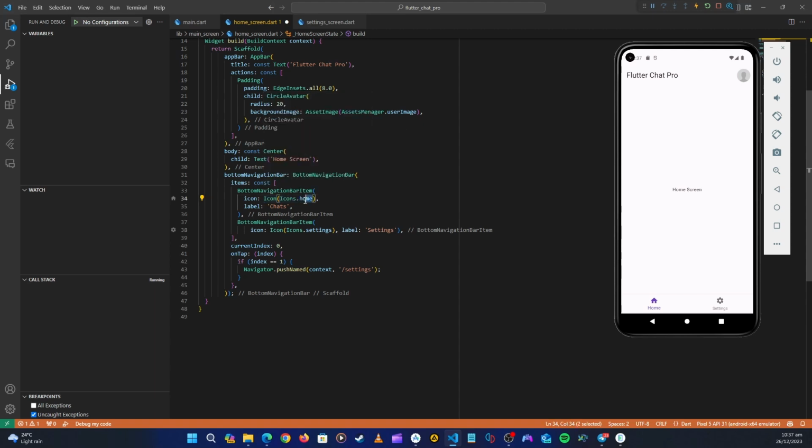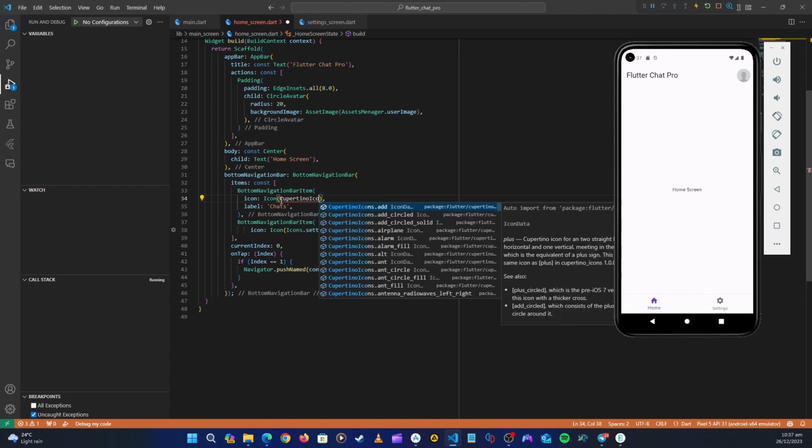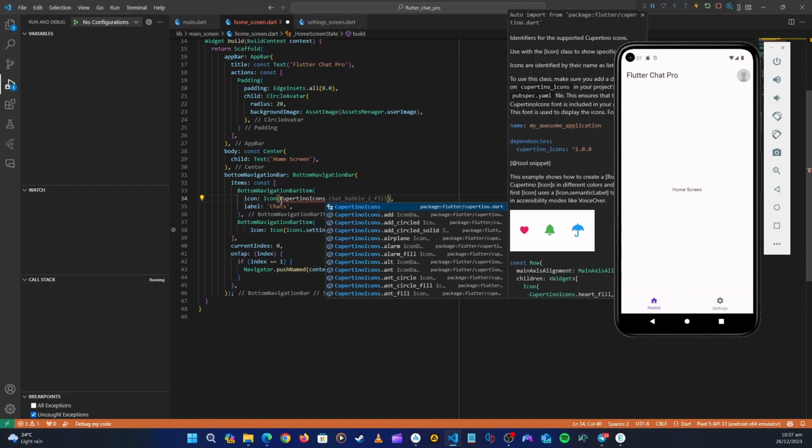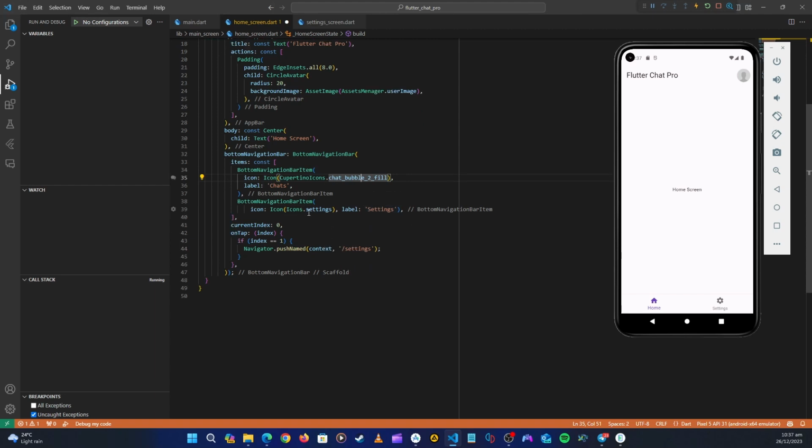So inside here, let's say Cupertino icons dot chat bubble 2 fill, this one. And then what else? Let's get here where it says settings. For us, we don't want this. We want our Cupertino